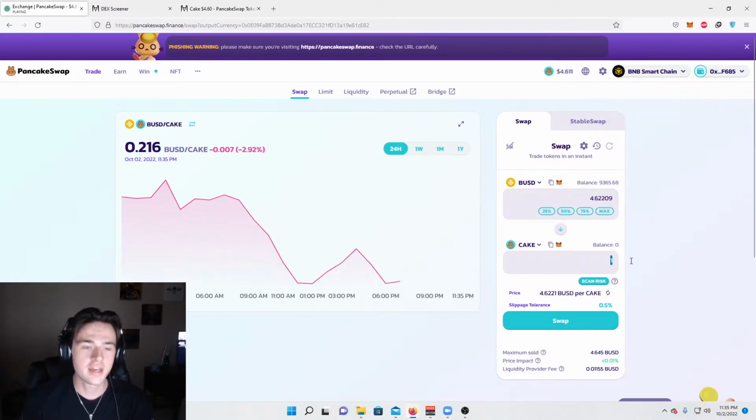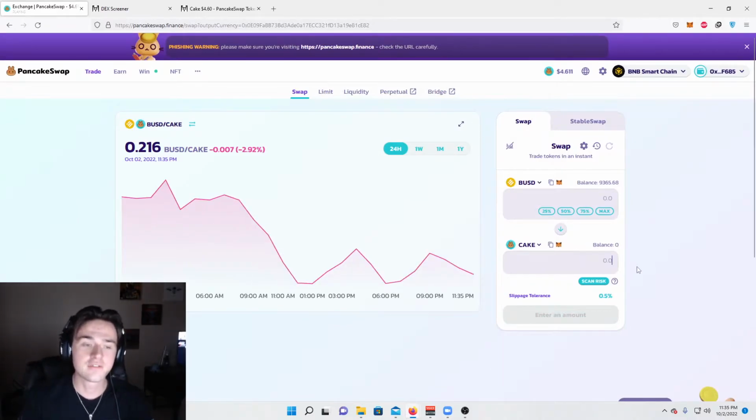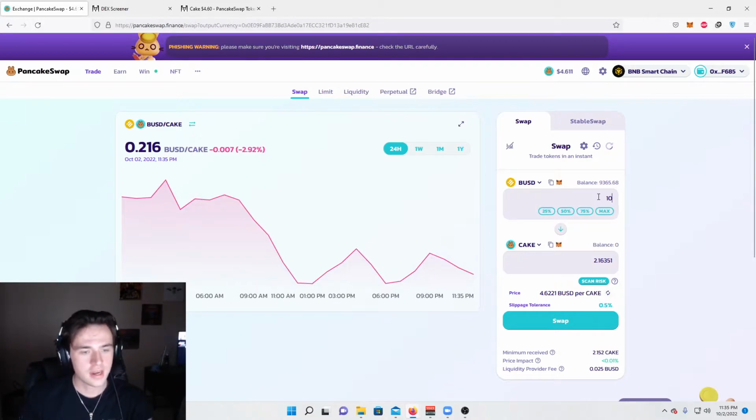Cake token. So Cake is PancakeSwap's native token. You can see the price up here. They kind of have it just for your reference. But let's say I want to buy $10 worth of this. Go ahead and put in 10. And it's going to say your price impact is very low. So what price impact is